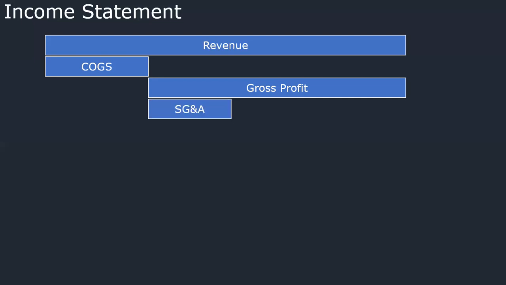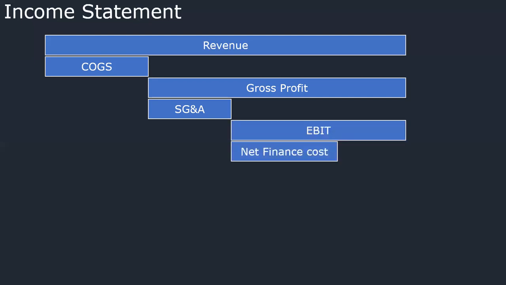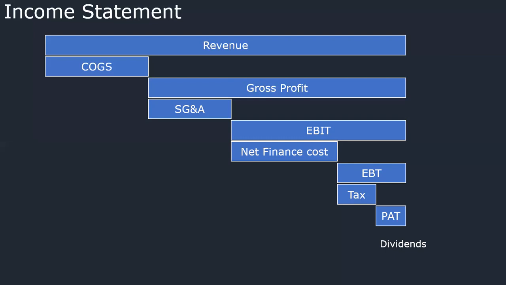And the next people are people that are supporting the business: selling, general and admin expenses, salaries, operational expenses. We deduct that, and we have our earnings before interest and tax. Then the next thing that comes into play is our financing costs. So from gross profit downward is what we call our bottom line. Net finance income, EBIT, we pay our tax, we have our profit after tax. So it's more like a proportion of that revenue. What goes to the dividends, then retained earnings come into play. As I said, revenue, gross profit, top line, then this one, bottom line items.